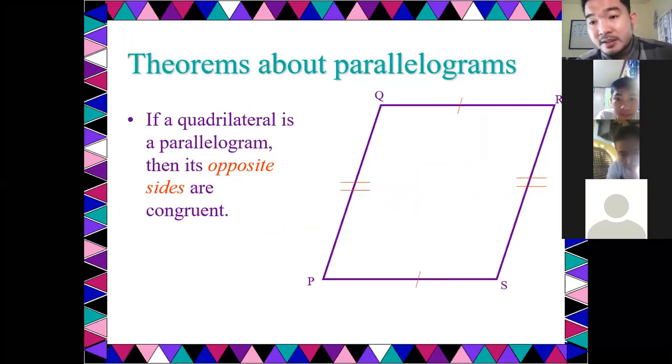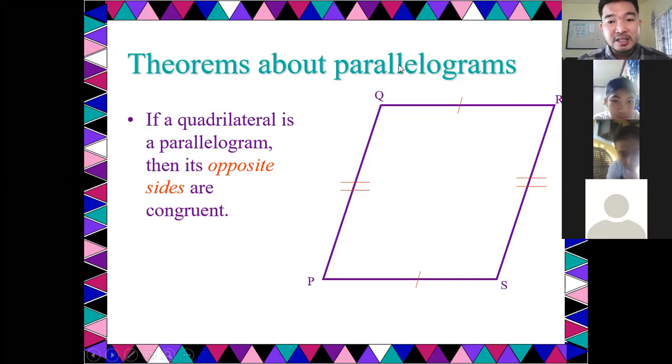All right. So last time we discussed the different types of quadrilaterals and its properties, pero hindi ganun kalalim, no? This time, iisa-isahin natin lahat ng mga quadrilaterals na meron tayo at hihimayin natin yung kanilang mga properties. So we start with the first type of quadrilateral that we have, which is the parallelogram. This morning, we will be dealing with the theorems about parallelograms.